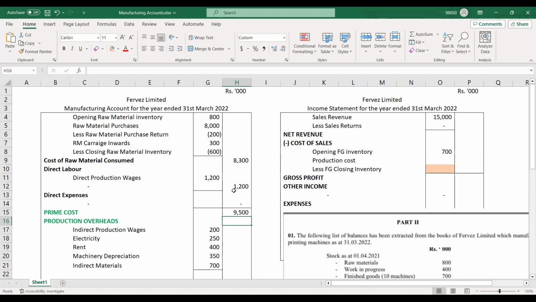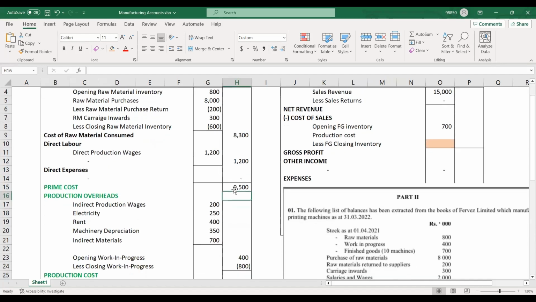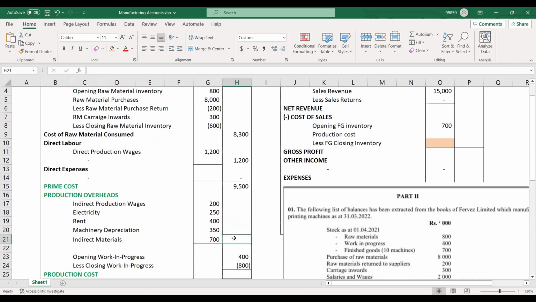Right. So Afroz and Shafika, that is correct, right? So your prime cost is just a summation of cost of raw material consumed, direct labor, and direct expense. You would get 9,500. And then your production overhead,